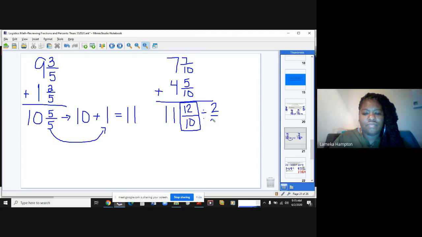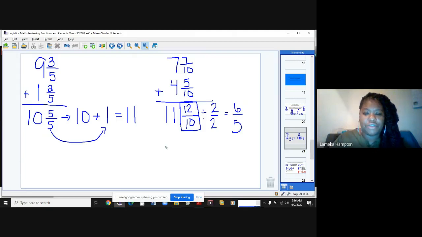Now, when I do this, I'm going to come up with 6 over 5. Okay. Now, again, this is still an improper fraction, but it's a simplified one. So now all I would have to do is convert this improper fraction to a mixed number. Now, when I do that, and mind you, I'm not touching the 11. So you only are going to focus on the improper fraction. And then when it is time for you to incorporate your mixed fraction with the whole number, then that's when